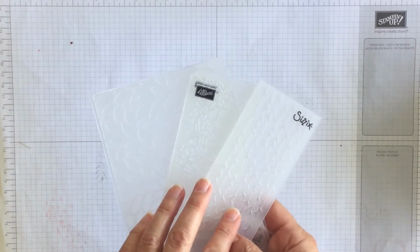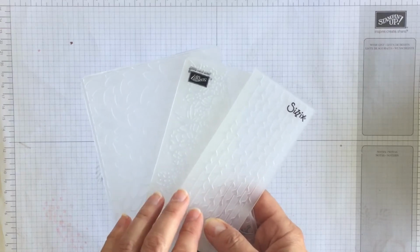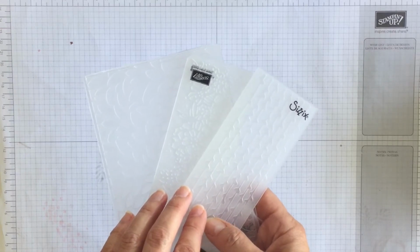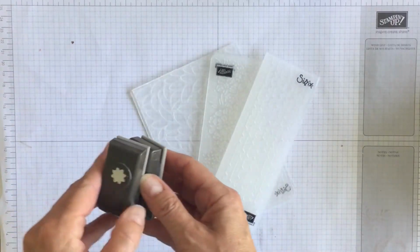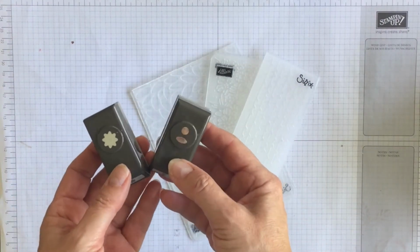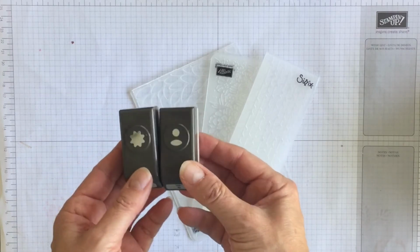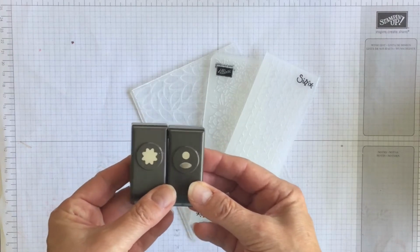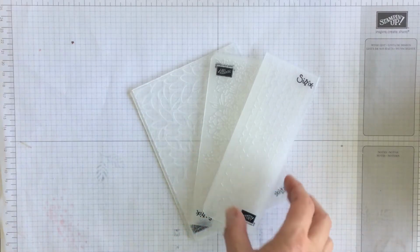In today's video tutorial, I'm going to feature two retiring embossing folders and combine them together to make a beautiful and easy to create thank you card. I also need to say a very sad goodbye to my Itty Bitty Blooms punch pack, and I'm going to use these two punches from that pack to make some fun flower embellishments to make my thank you card a